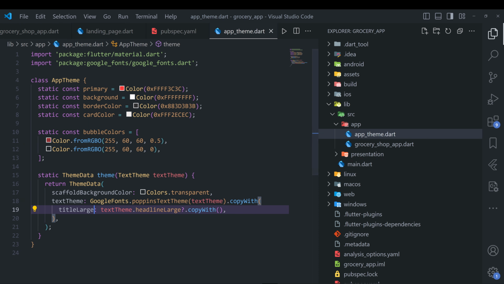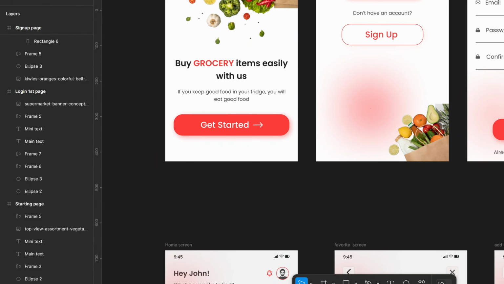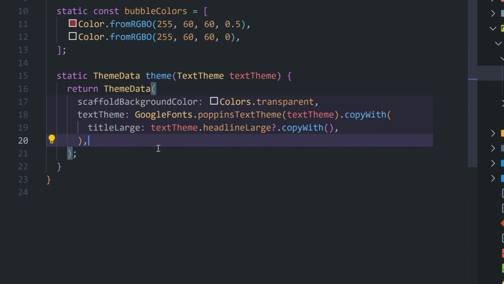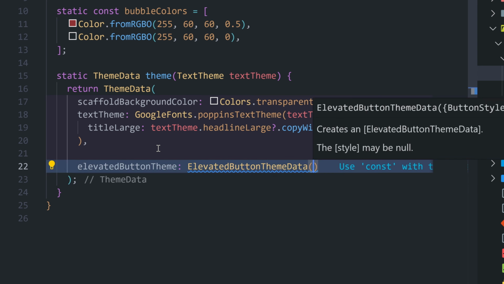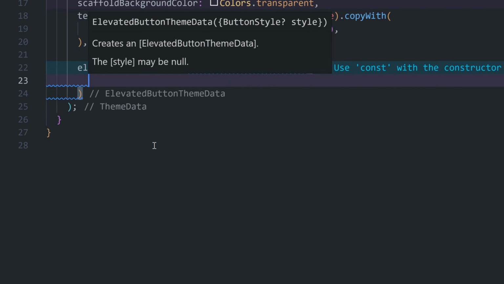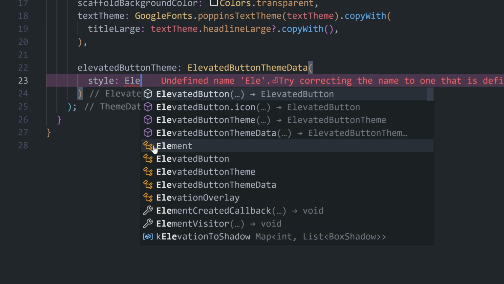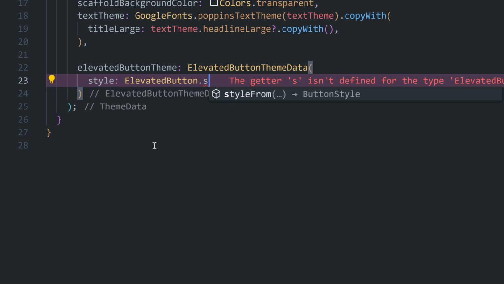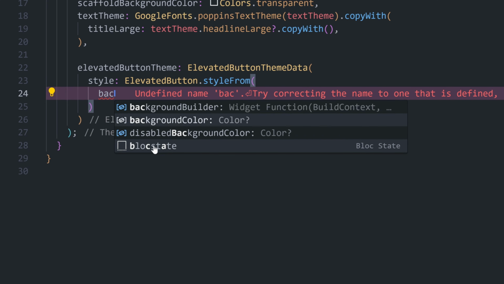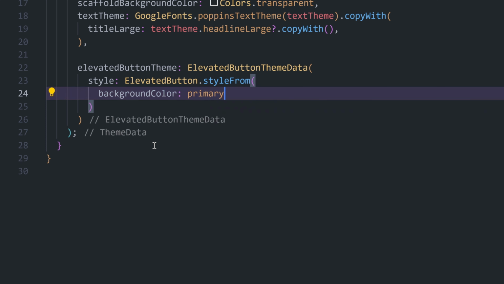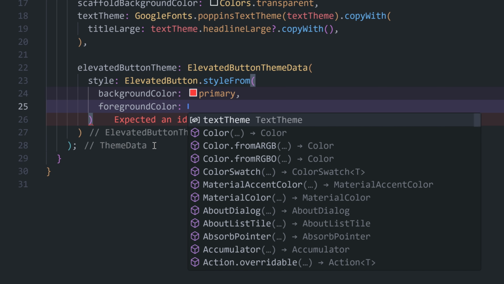Also, there is one more thing, we can play with the elevated button here. Often it is having a kind of red color, so yeah, we'll do it here. So this here, elevated button theme, will be elevated button theme data. Let's hide the thing, and in here first we'd like to update the style, so it will be elevated button dot style from, and then we'd like to have the background color. This background color will be our primary color, and then for the foreground color it will be color white,